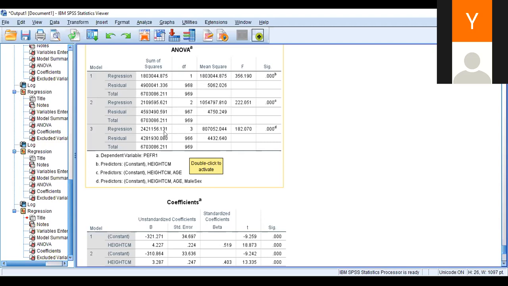So when you divide by the degree of freedom, it gives you this variance. The variance for the residual, the part that cannot be explained, is this 4 million divided by its own degree of freedom, which gives 4,432, and the variance for the model you are building with the three of them is